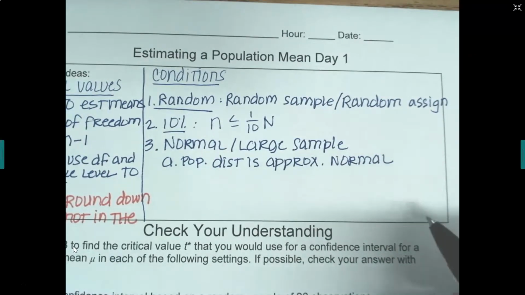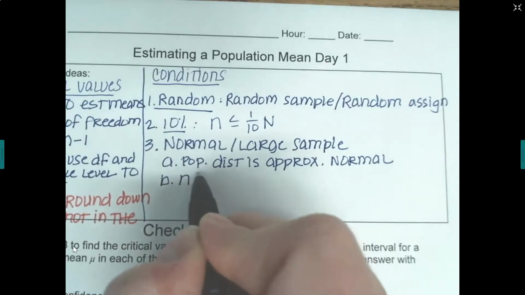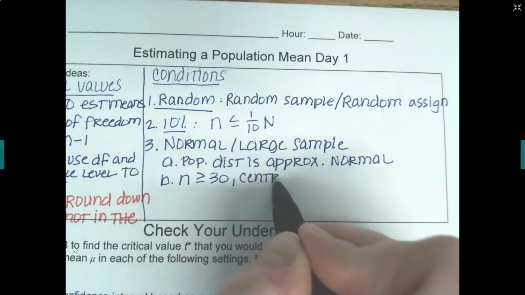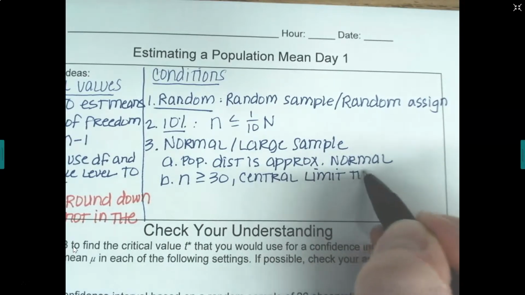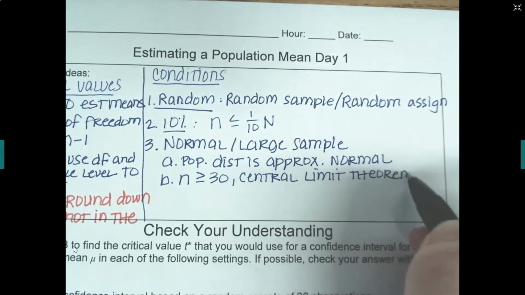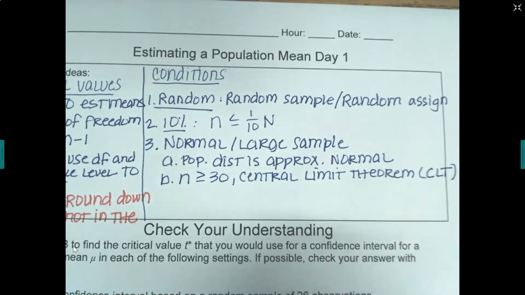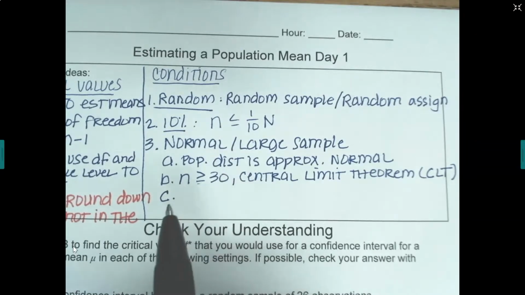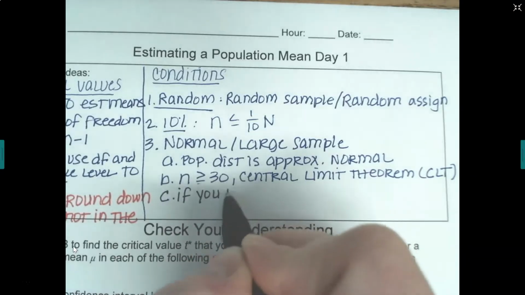The other way is they don't talk about the population's distribution, but you have a large sample size, meaning your sample size is greater than or equal to 30, so you can have the central limit theorem kick in. And you can abbreviate that CLT. The third way is if your sample size is not big and they don't talk about the population distribution, if you have the sample data,